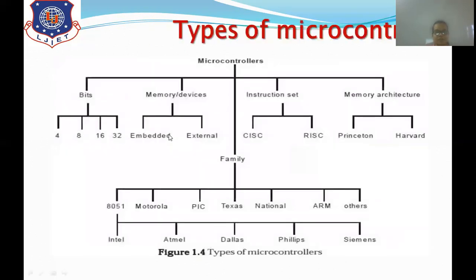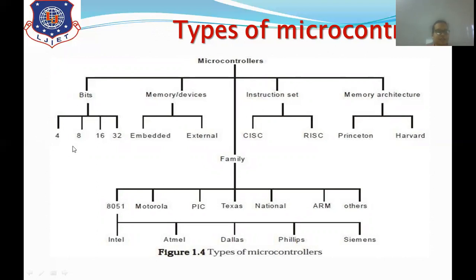Now, what are the basic types of microcontroller? Basically the microcontrollers are classified on the basis of number of bits, memory or devices, instruction set, and memory architecture. Now, bits: we have 4 bit, 8 bit, 16 bit, or 32 bit.